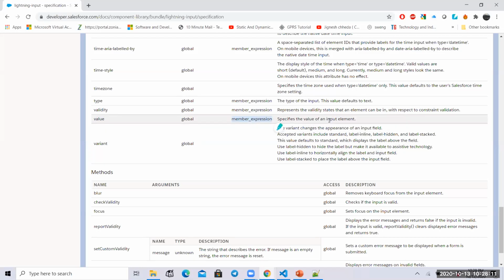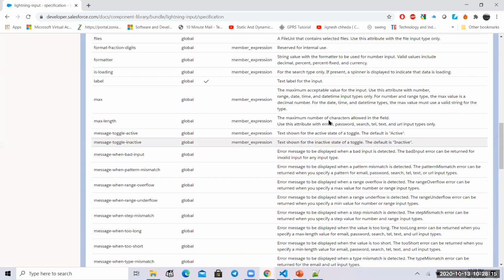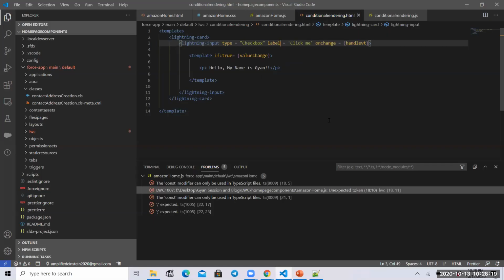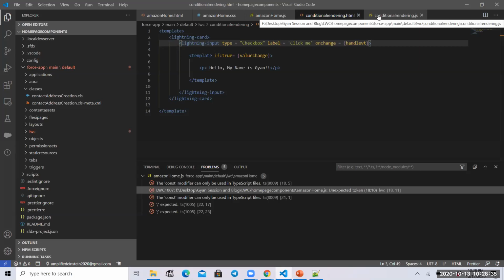So like that, you can check what is there, what is not, so you have no confusion. Now go back. Let's finish your code errors first. So label is equal to click me on change is there. Okay, fine. Is this if true correct? Yeah, if true looks correct. Yes, that's correct. Now go to the JS code.